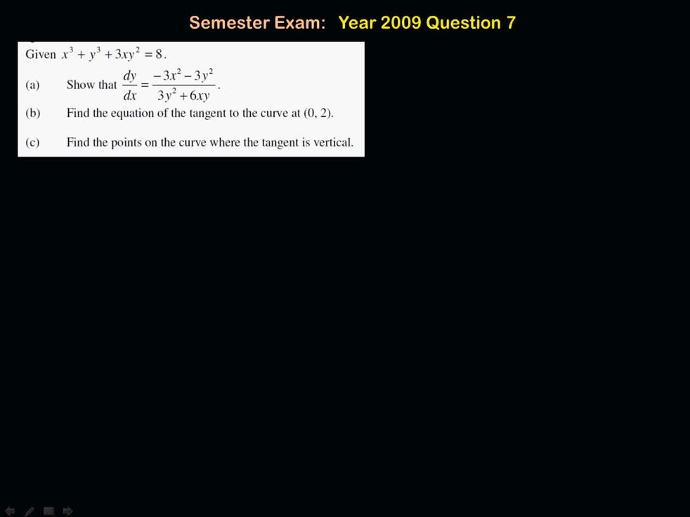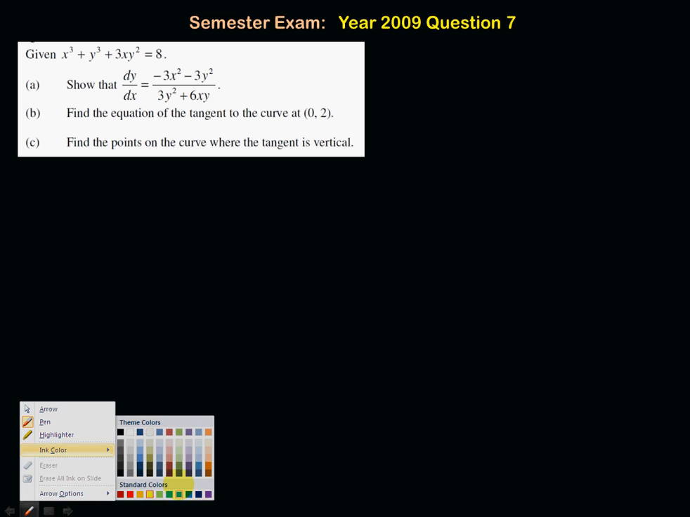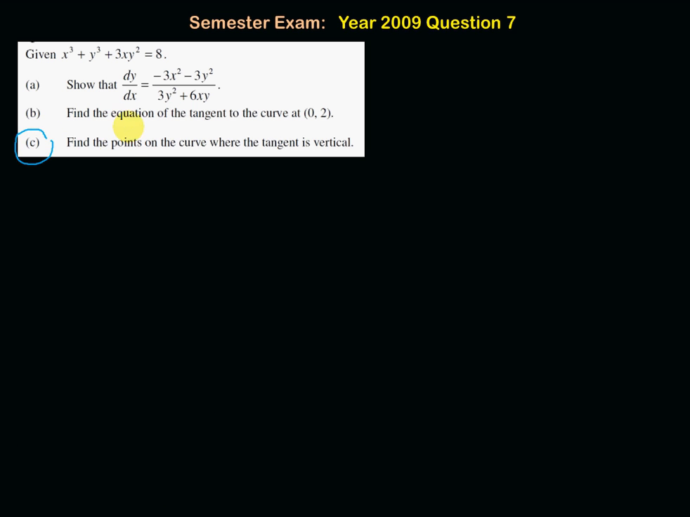Moving on to here. Okay, this is a bit complicated, but just as long as you're careful. So we want to deal with this part here: to find the points where the tangent is vertical. Now, when would that happen? And think about this: when the tangent is vertical,